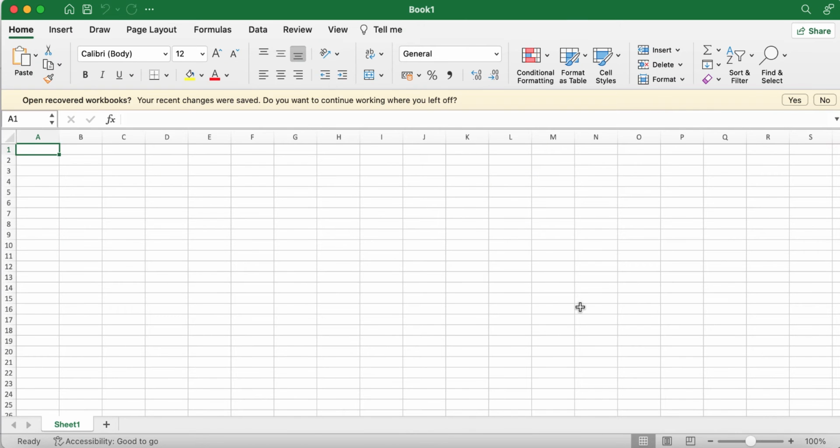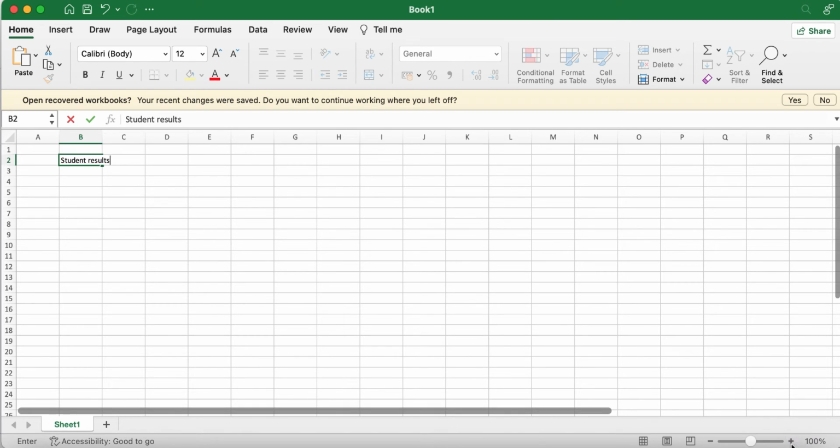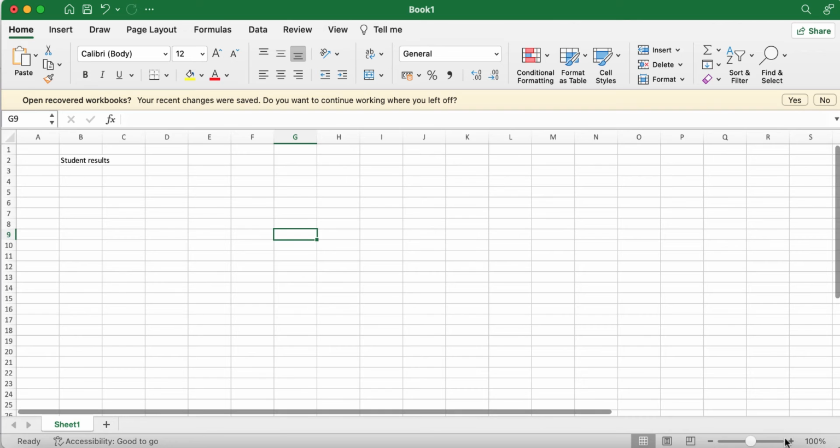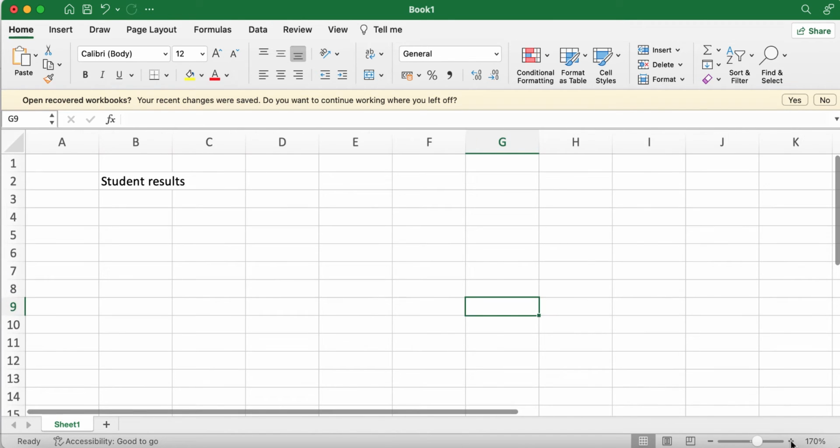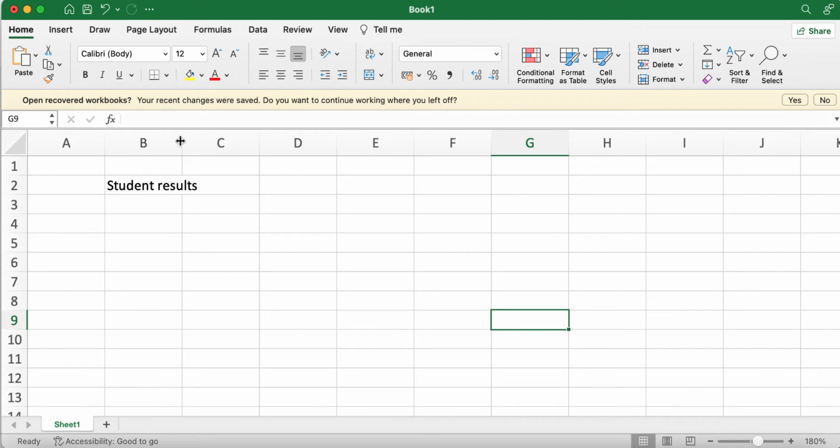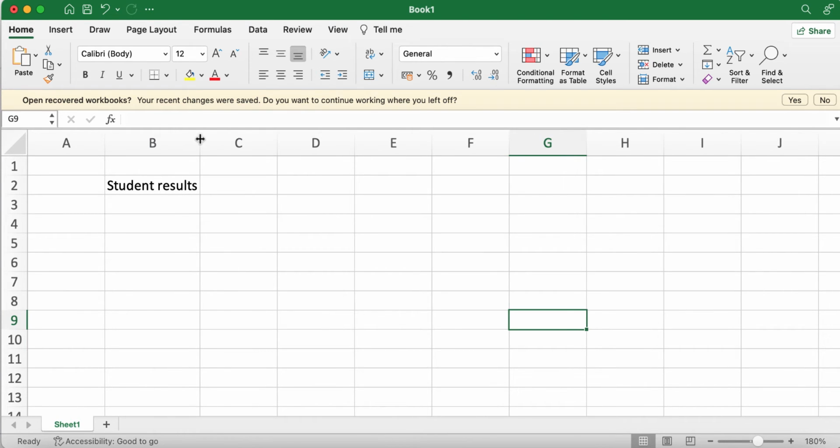Okay, launch the Microsoft Excel application on your system, and you're going to have a blank workbook. All right, let's put our data together. The student results, that will be our title. Let's use the slider over here to increase the cell size so that we can have a better view of this. You can click on the slider. I'm sure you are going to see this more clearly. So student results is the title